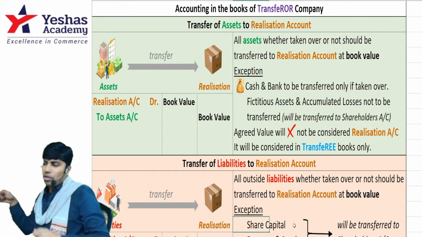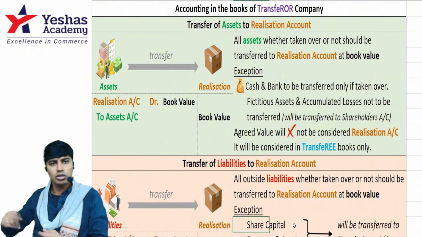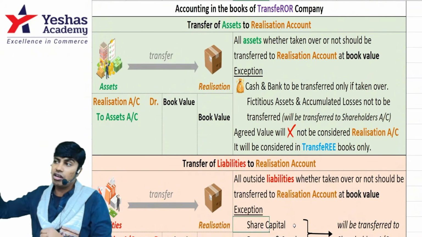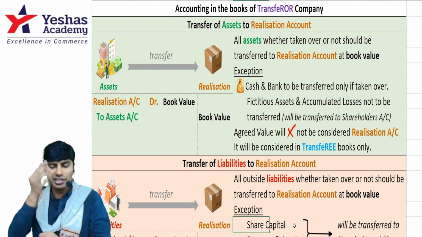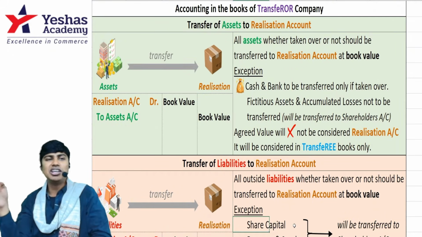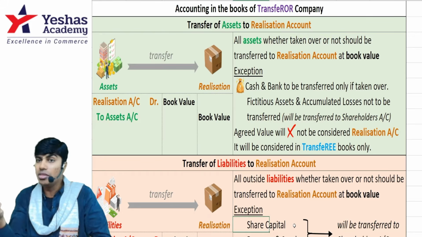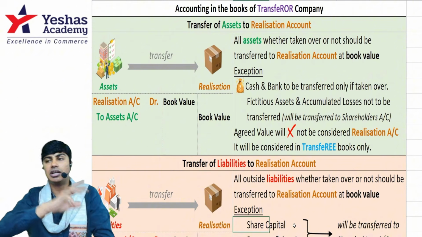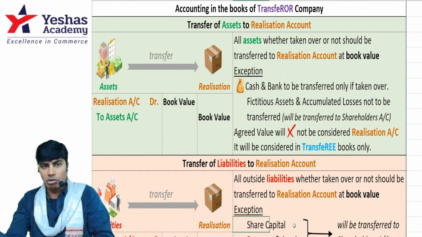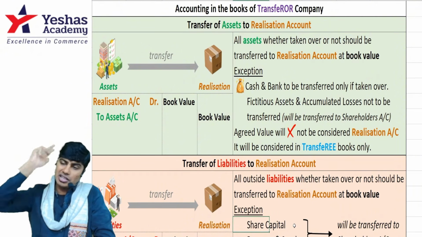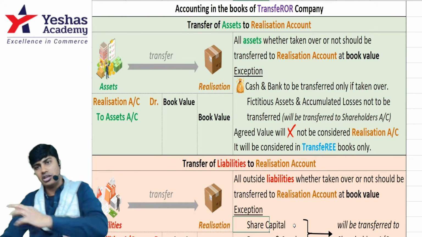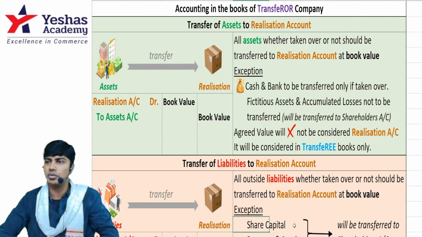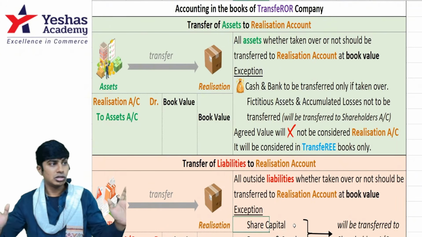When you come back, you need to pay the truck driver who took you, a realization expense. After that, first you pay preference shareholders. Anything extra or anything less paid goes to realization. Then after that, equity shareholders. Before that, identify profit or loss in the entire process. Close realization account by transferring it to equity shareholder. Then write equity share capital and reserves debit to equity shareholder, or equity shareholder will be debit and accumulated losses will be credit. Then finally settle your equity shareholder with bank. Story. Now we'll discuss entries.